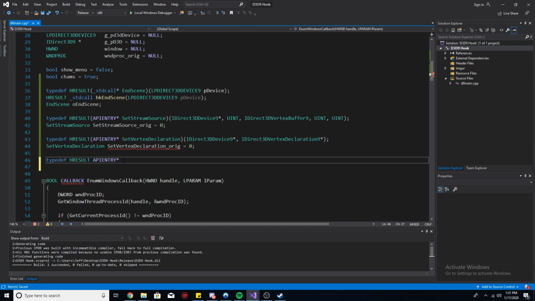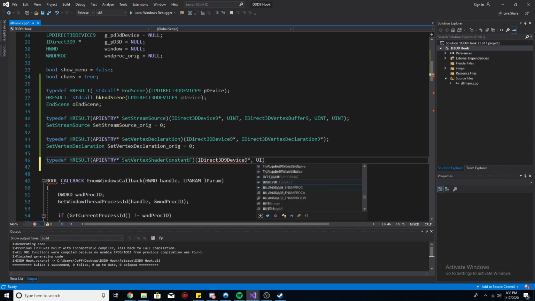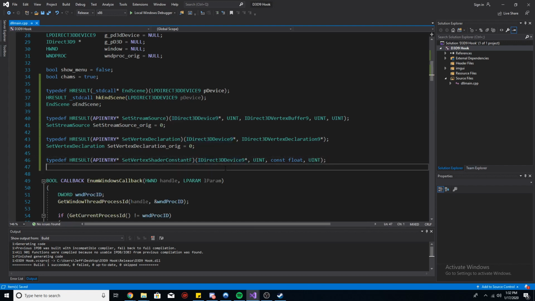Alright, so we did vertex declaration and we need shader constant. So just brackets, API entry, set vertex shader constant F, close that, open a new one, parameters, device 9, pointer. Alright, cool. It's meant to be this. Cool. Now we need to do the